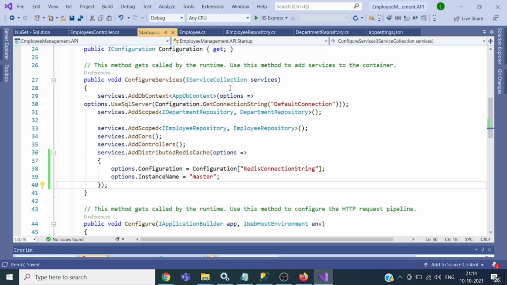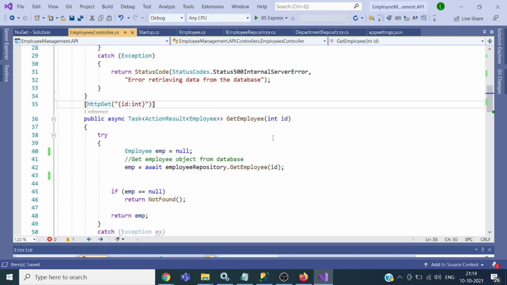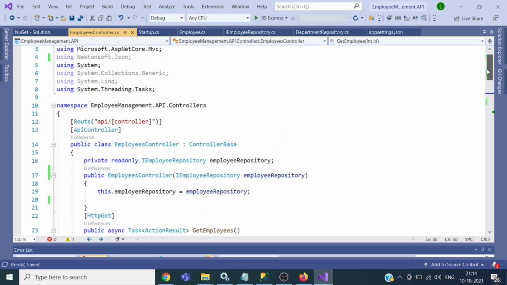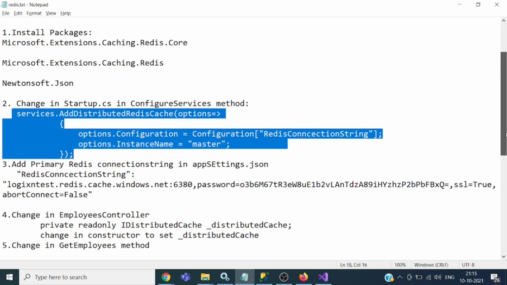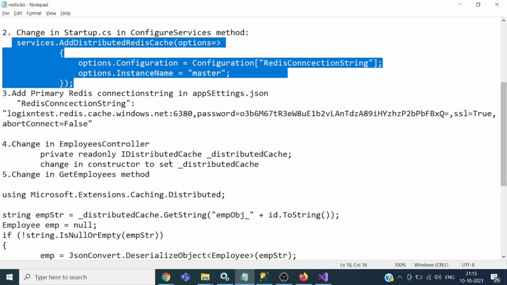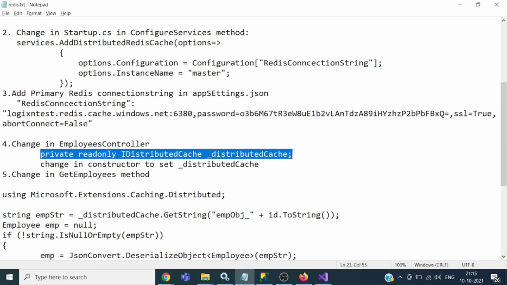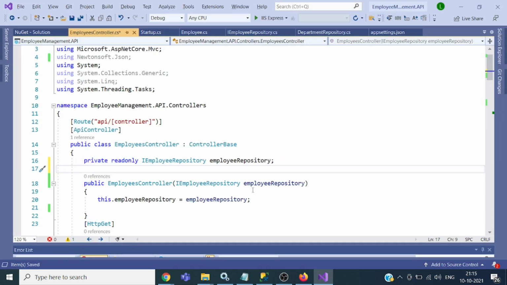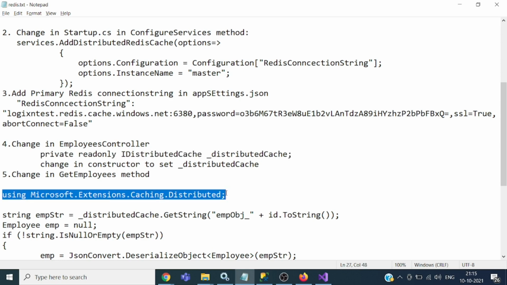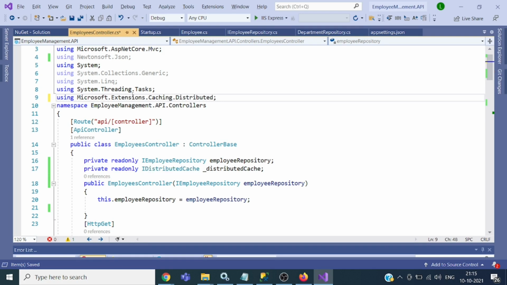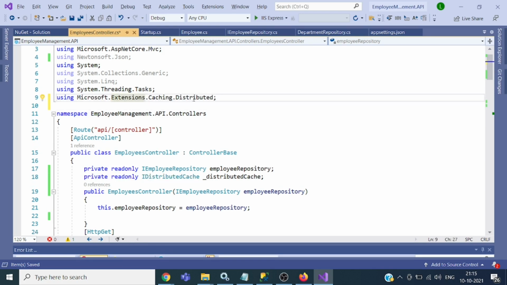in our project. So go to the employees controller, and in the employees controller we need to pass the object so that we can access the Redis cache. So this is the namespace which we need to import.